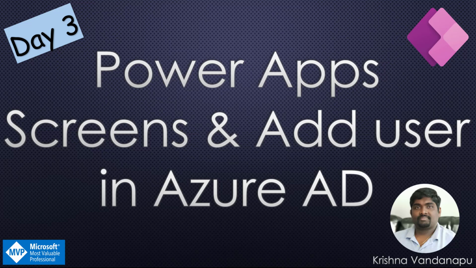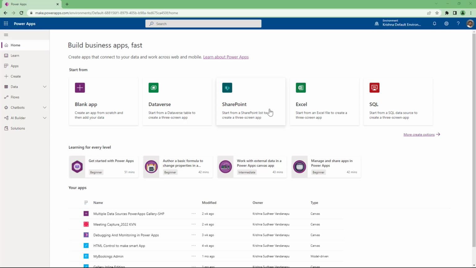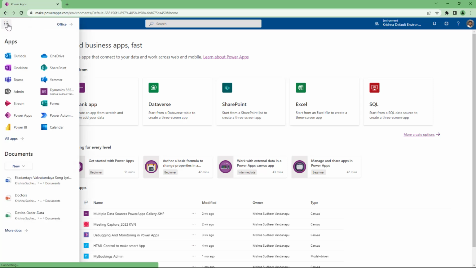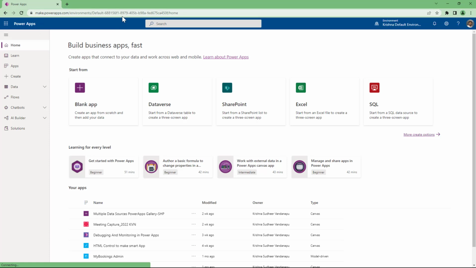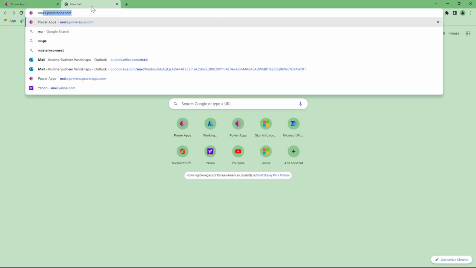We will create a new Power App and we will explore various options. By clicking onto the Waffle menu and right-clicking and opening a new tab, it will open the Power Apps Maker Portal. That is one way. And the other way is you can open a tab and say